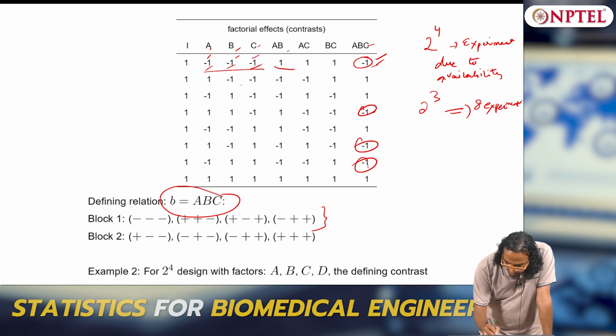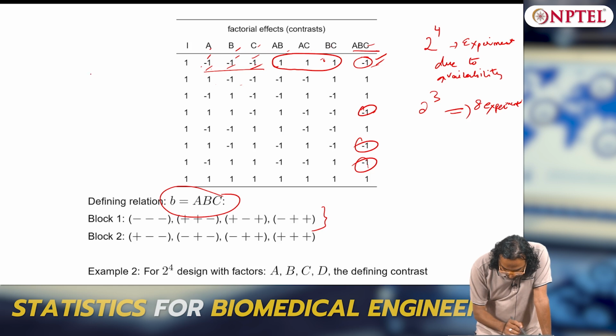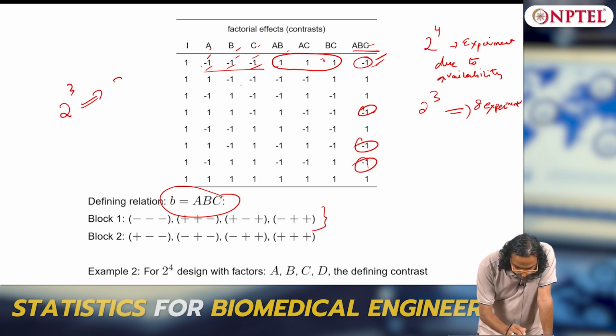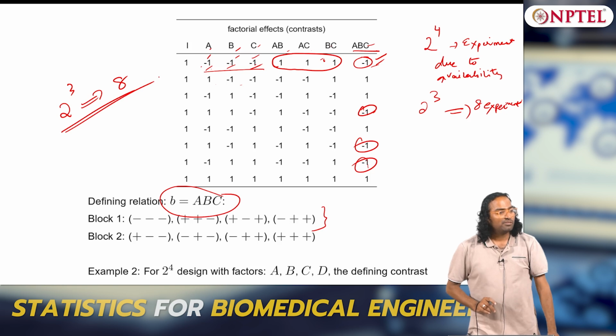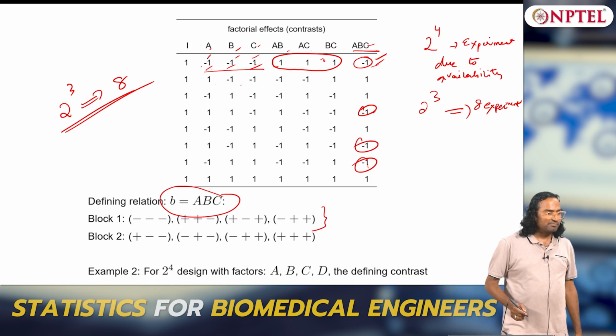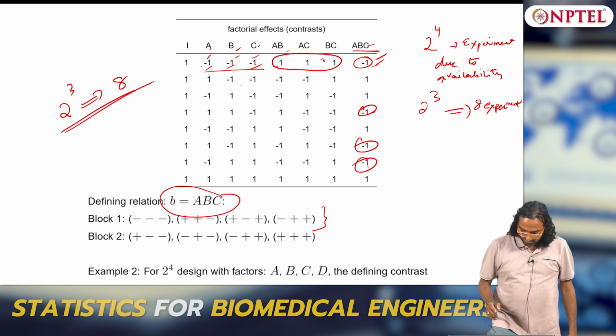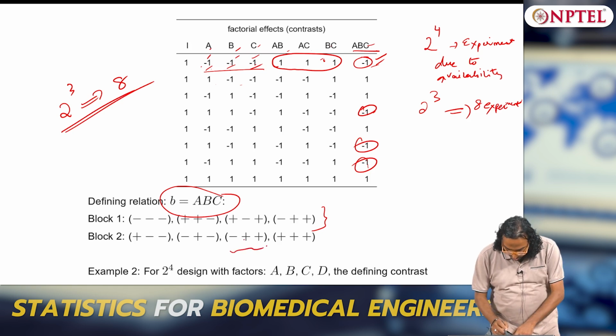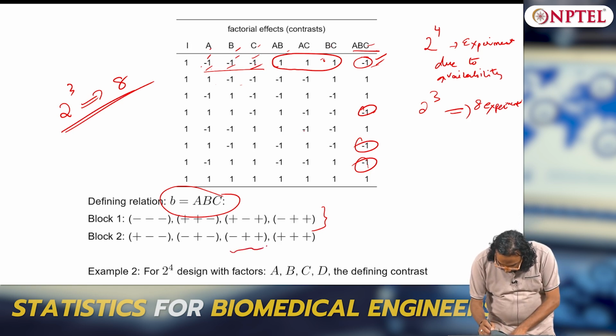So how did you get the contrast for AB, BC, CA? Just take A, B, C, multiply them, you get the contrast for ABC, AB, AC, BC, and then similarly you do for ABC. Okay, so this is like what kind of experiment, if you want to call it, you have a 2 power 3 experiment. Block 2, third term is what? Yes, 2 minus should be there. Yeah, this is a repetition, this and this are repetition.